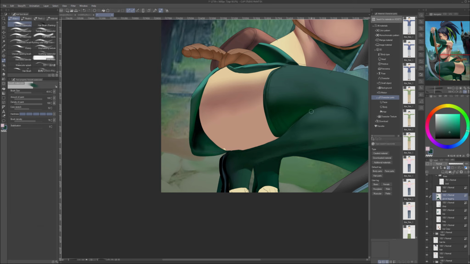Let's go ahead and use the lasso tool. So now I have the legging rendered more or less. I'm going to go ahead and play around with the contrast of it all. Merge down, create a new layer. I made everything a lot darker so that I can go back and add the highlight. And I'll just kind of add the highlights